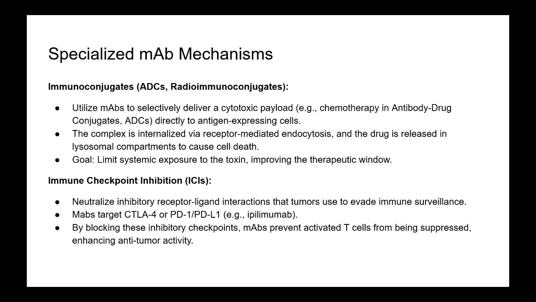So the antibody finds the target cell, and then what? The antibody binds to its specific target antigen on the surface of the cancer cell. The entire complex, antibody, drug and receptor, is then internalized by the cell, usually through a process called receptor-mediated endocytosis. It gets pulled inside. Once inside the cell, typically within compartments called lysosomes, the linker connecting the antibody to the cytotoxic drug is cleaved, releasing the potent drug right where it needs to be to kill the cancer cell from within.